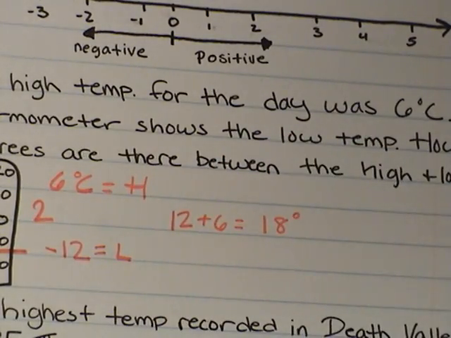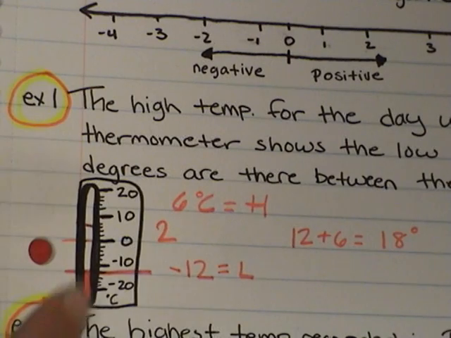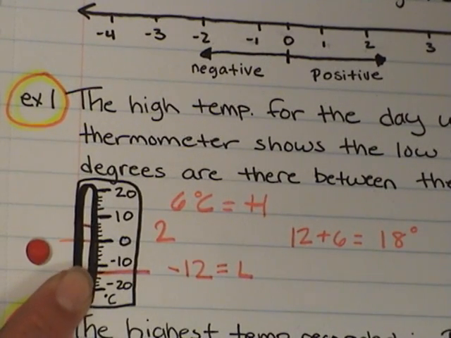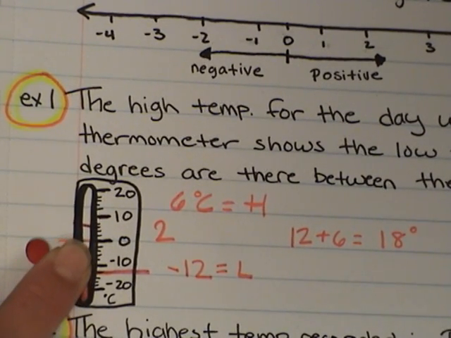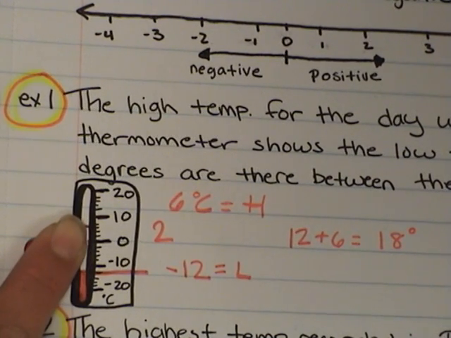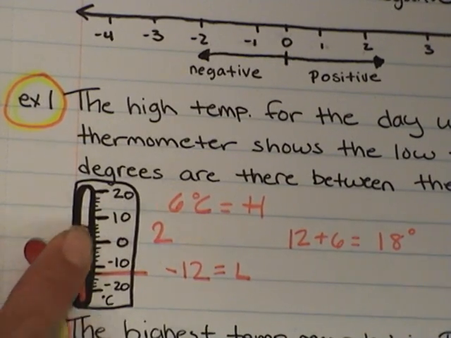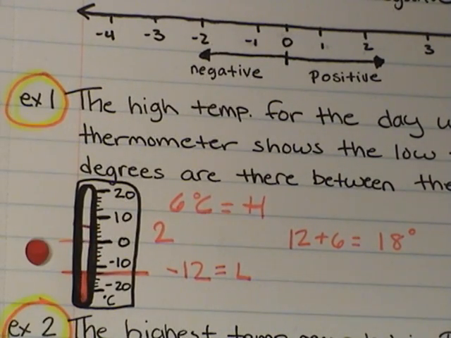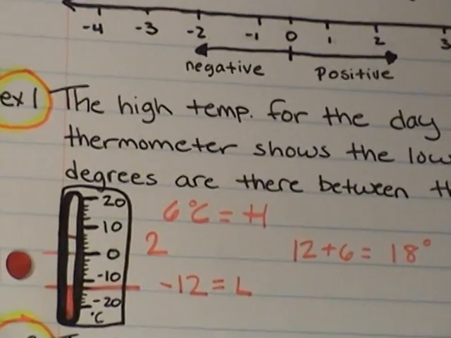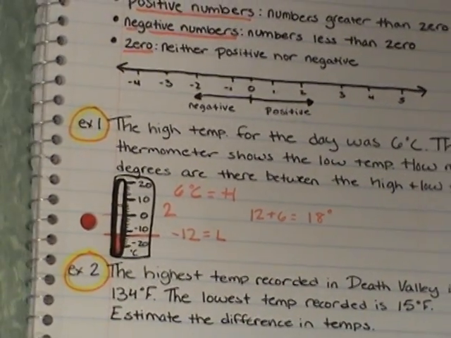Okay, so I know that's sometimes hard to understand because we have negative numbers, but what we're doing is we're at -12, we go all the way up to 0, that's been 12 degrees, and then we go all the way up to 6. So I need to add 12 from this part and 6 from this part to give me 18. Okay, let's zoom back out here. Alright,